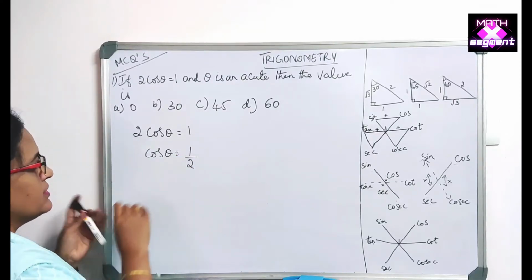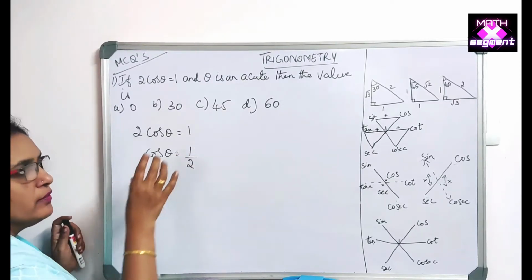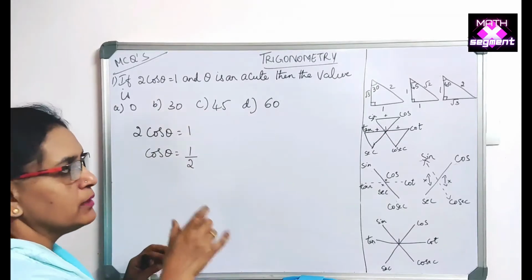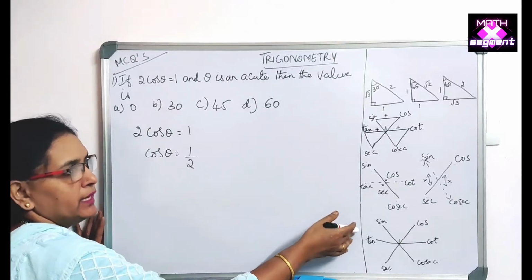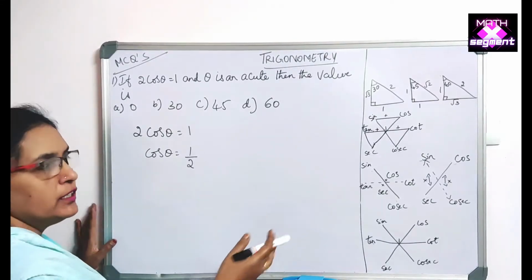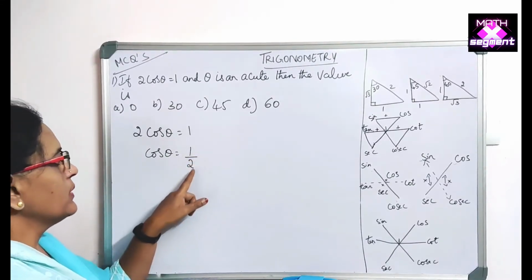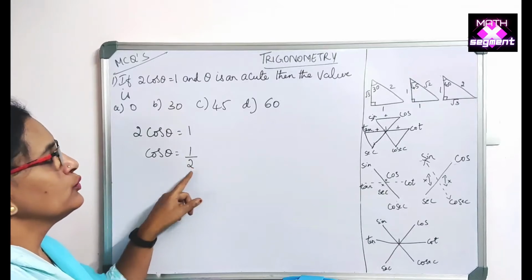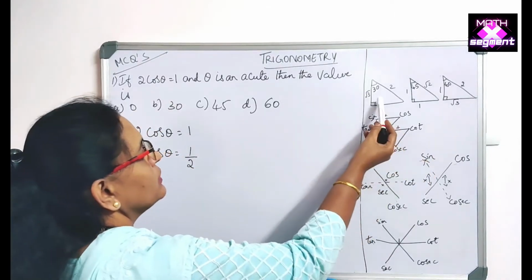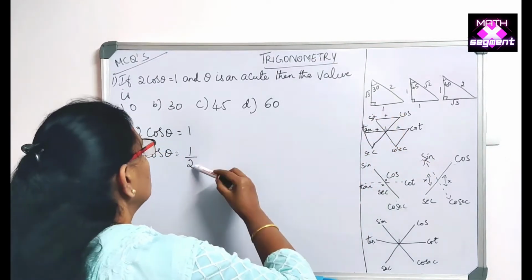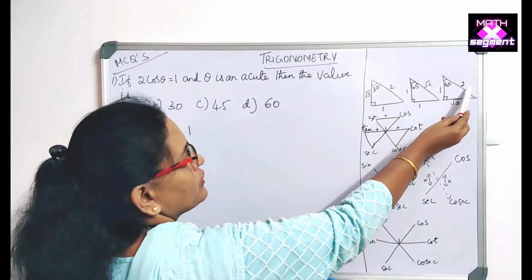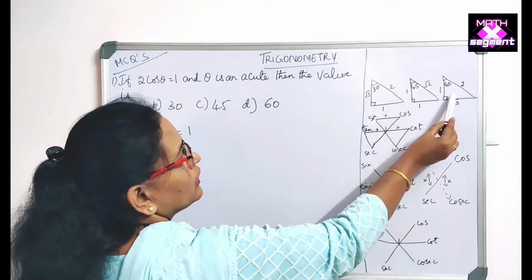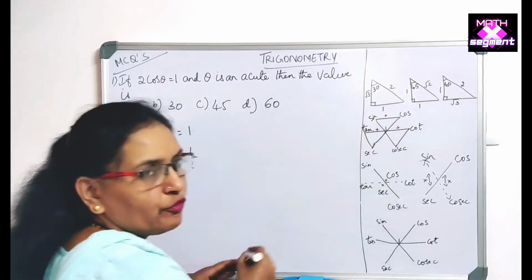So where does cos theta 1 by 2 come? Where we have seen the standard angles, the table which we have found out. I cannot write the entire table on the board, so it is a shortcut I can find out. See, cos theta is 1 by 2. An easy way to find it out is, see here, getting 2, denominator 2 is there. In 30 also you have 2, in 60 also you have 2. In these 2 only we need to find, but not in 45.